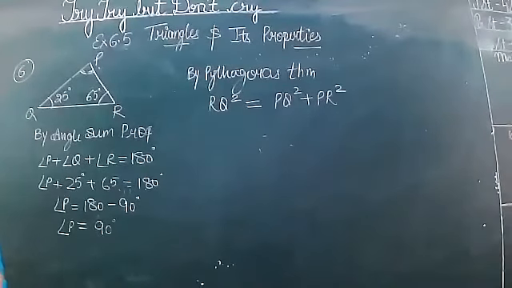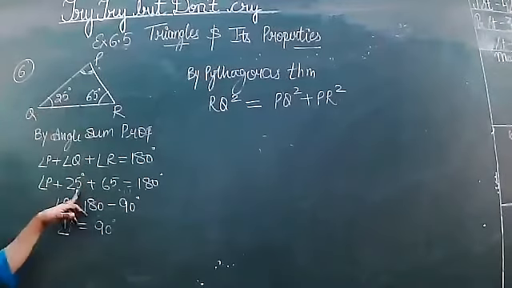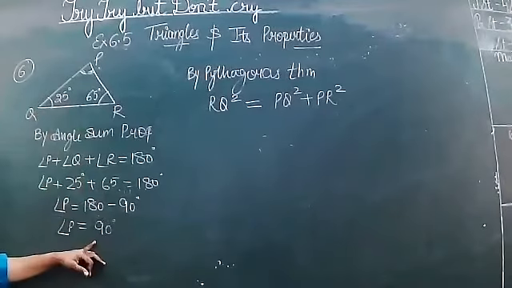In this sixth question, two angles are given. Firstly, the statements that are given to you are in the form of Pythagoras theorem. And we know that Pythagoras theorem is only applicable in case of a right angle triangle, but still it is not given that it is a right angle triangle. So you have to first verify whether it is a right angle triangle or not. So two angles are given. By angle sum property, we have got the value of the third angle as 90.